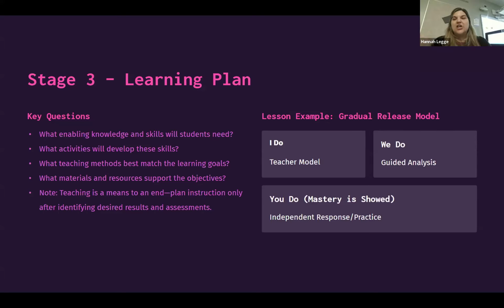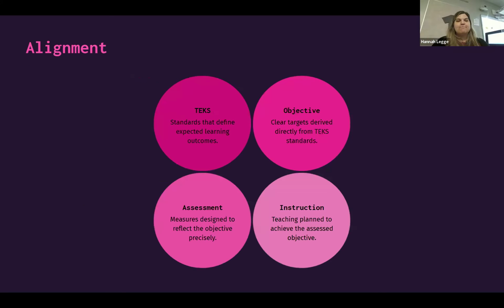I realize that not every lesson is going to be the gradual release model. But this is a vast majority. So whenever you're looking for that mastery show, you're going to have that done during the "you do" piece, which is the independent response and independent practice. So let's take a deeper look at what alignment